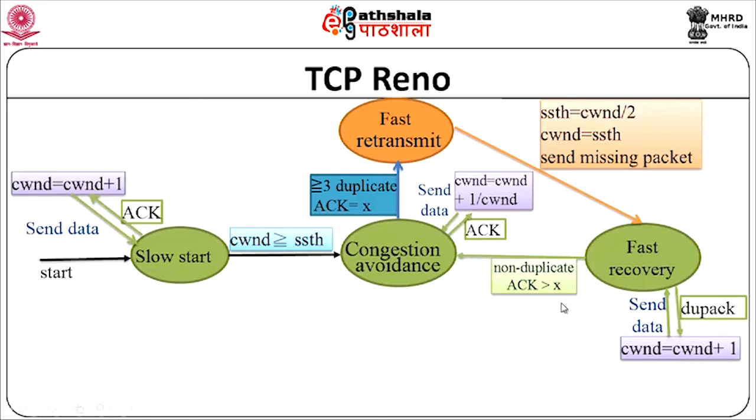Let us say packet number X is the one that has been retransmitted. The moment you get a non-duplicate ACK which is greater than that X, it indicates that the recovery has taken place. Then you move back into the congestion avoidance phase. When you move to congestion avoidance, you set your congestion window back to the threshold that you had originally set. You had already halved the congestion window and set that as a threshold. So that value is reset as the congestion window size, and you move back into congestion avoidance. This is the basic difference between Reno and Tahoe.